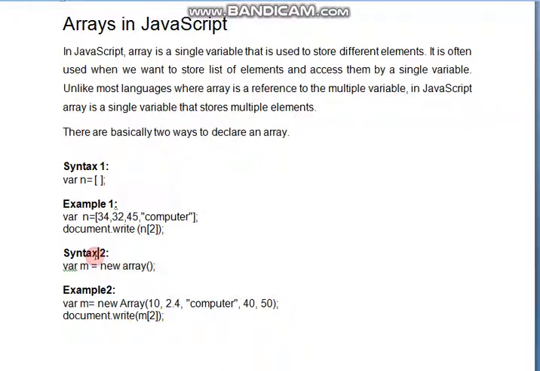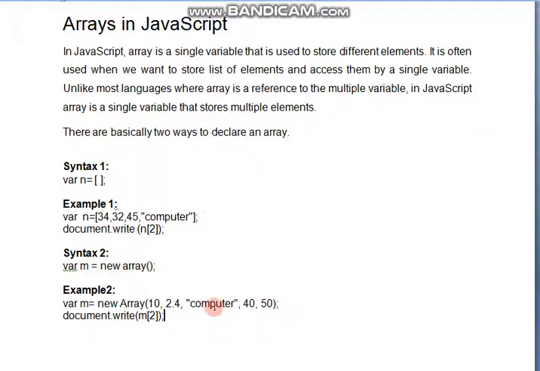And in the second one you can see we can use a keyword for declaring an array variable, that is Array. So in the example, you can see where the keyword has been used: m is the variable, new Array. Then we can declare the values like 10, 2.4, which is float type, this is integer type, this is string type, then 2 integer type. In this case also I am printing m of 2. It means the second value, meaning 0, 1 and 2. So this value will get printed.